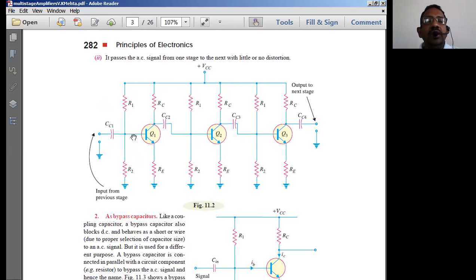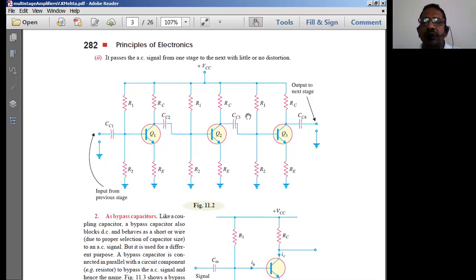Here, if you see carefully, these two transistor amplifiers are connected by coupling CC2, and the input stage is connected to the amplifier by CC1. Therefore, CC1, CC2, CC3, CC4 can all be called coupling capacitors, because they couple the input signal to the output side of the circuit. It is simply doing the action of coupling in general, so they are called coupling capacitors.